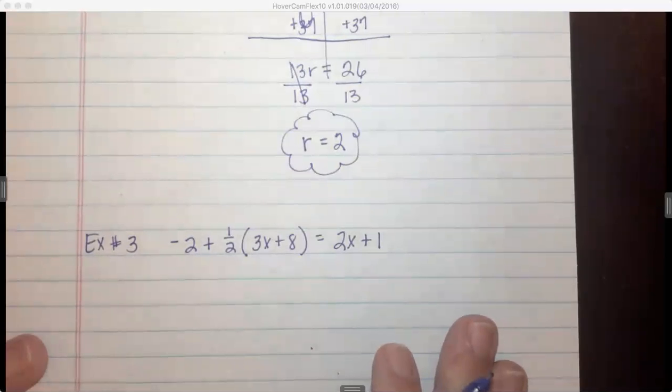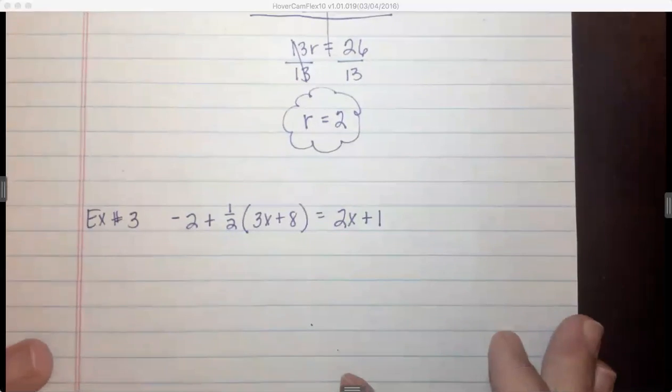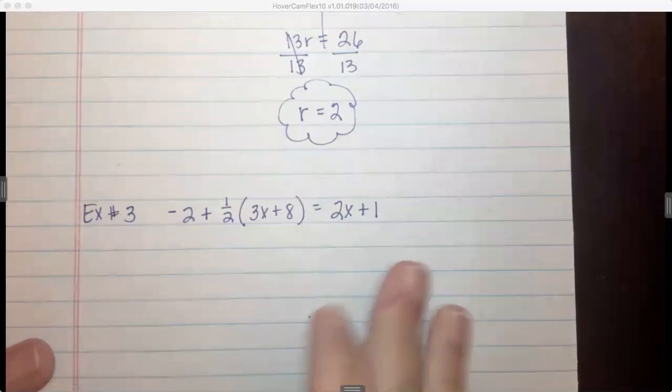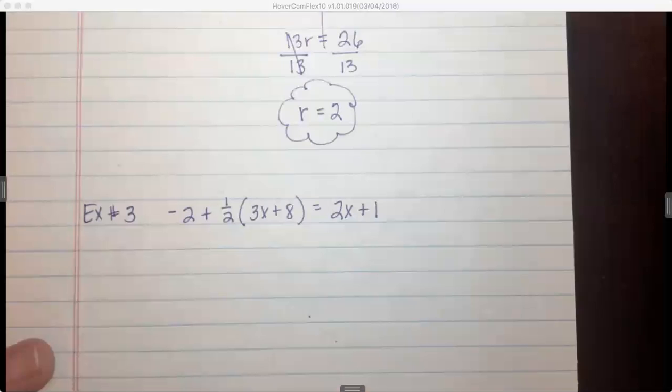This is not my favorite question ever because it has this 1/2, okay? So normally what we would do is we would go ahead and multiply in, okay? Because it has a lot of things going on, clearing the fraction might be a little difficult. However, if you want to clear the fraction, you can clear the fraction first. I'm going to go ahead and